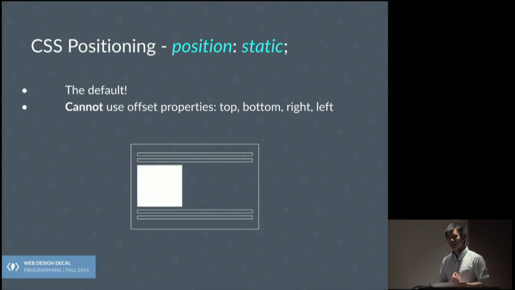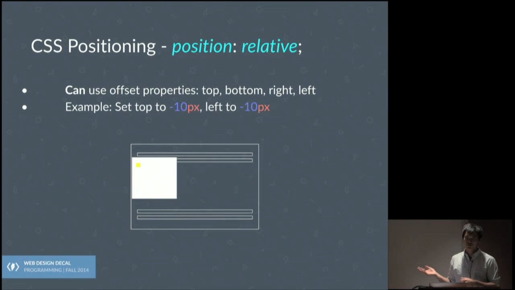Another thing to note is that in addition to margin-top, padding-top, and all these other positioning properties, there's literally just top, bottom, left, and right. These are what I'd call the offset properties, and you can't use them when you're in position static. This is a part where a lot of people get confused, but you can use top, bottom, left, and right only if you're positioned in a different way, like relative, for instance. So say instead of position static, you have position relative. In this universe, you can use offset properties.